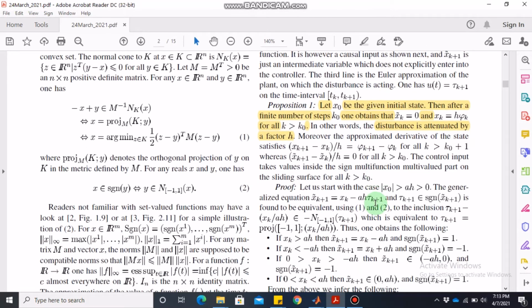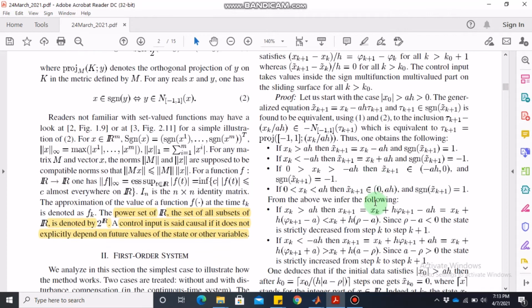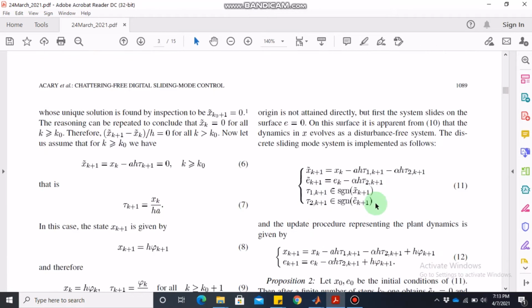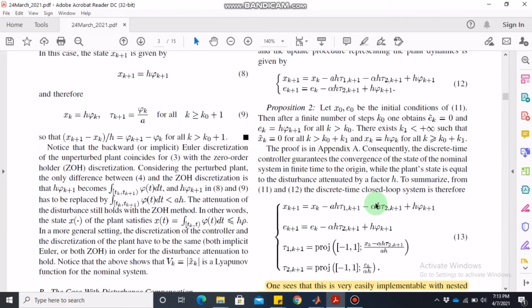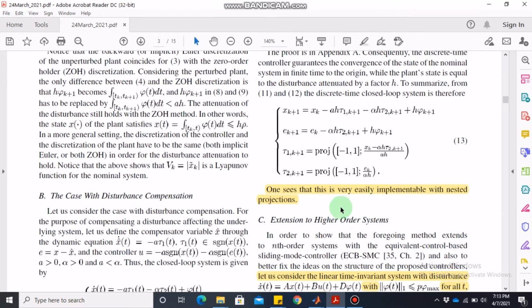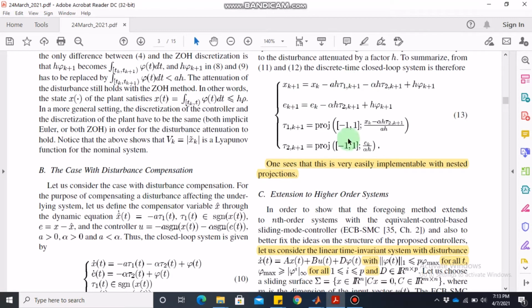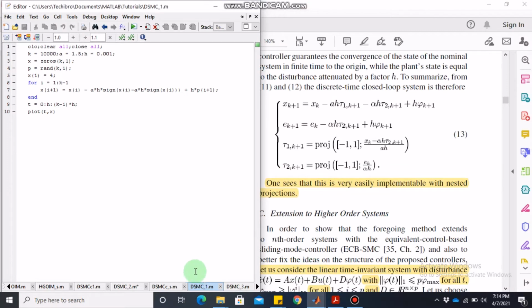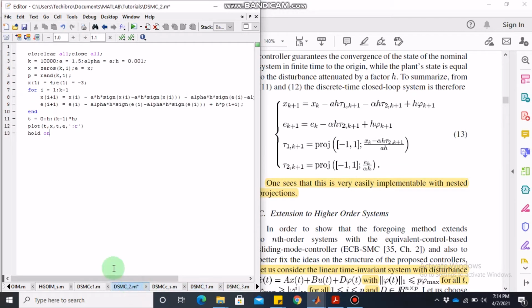So let's keep going and see what else this paper has proposed. So this was the first order system. Let's go to some more. So for example, this system of equation 13, let's try to simulate this one. So for this system, let's go into the second file. So we have